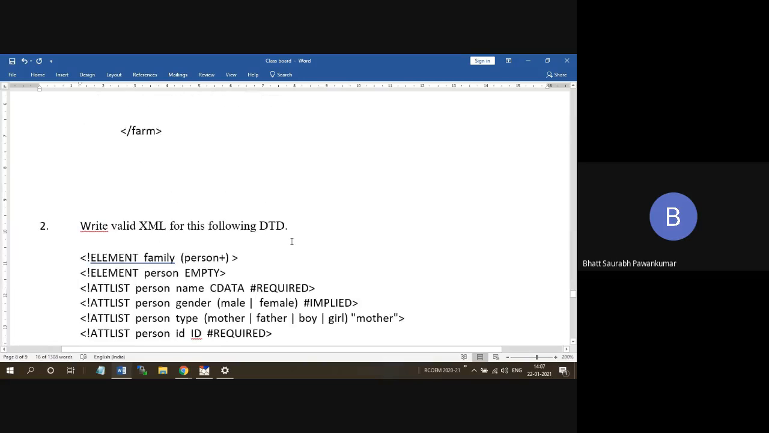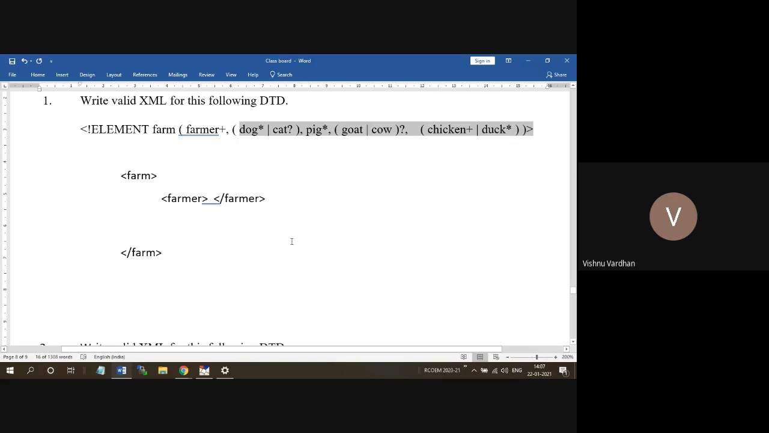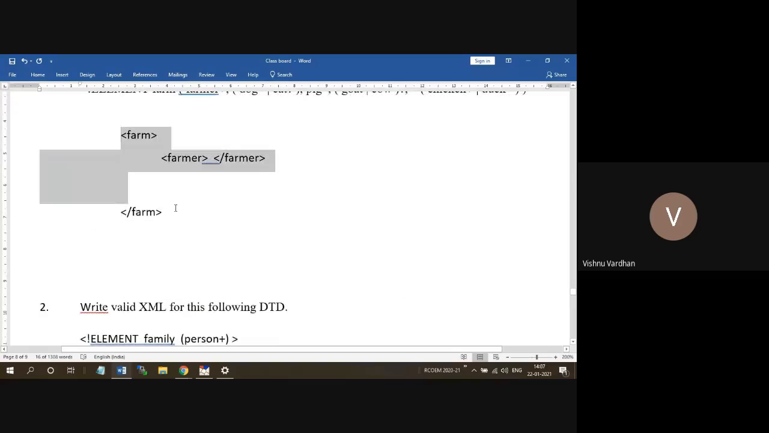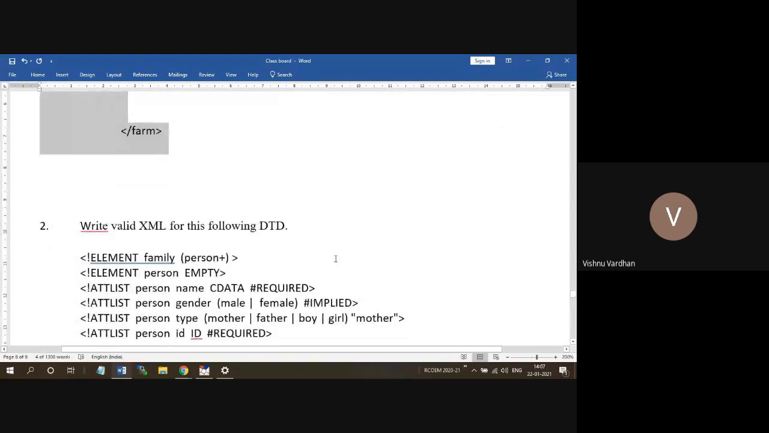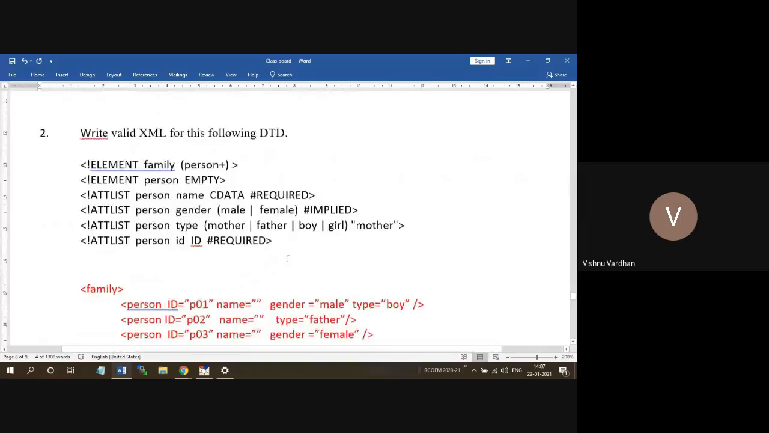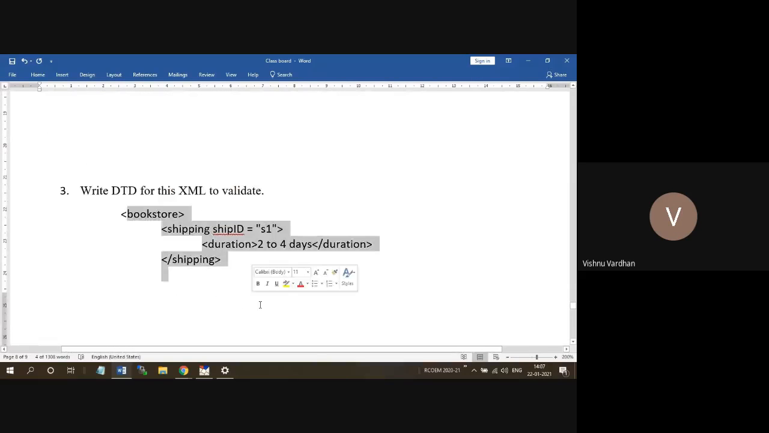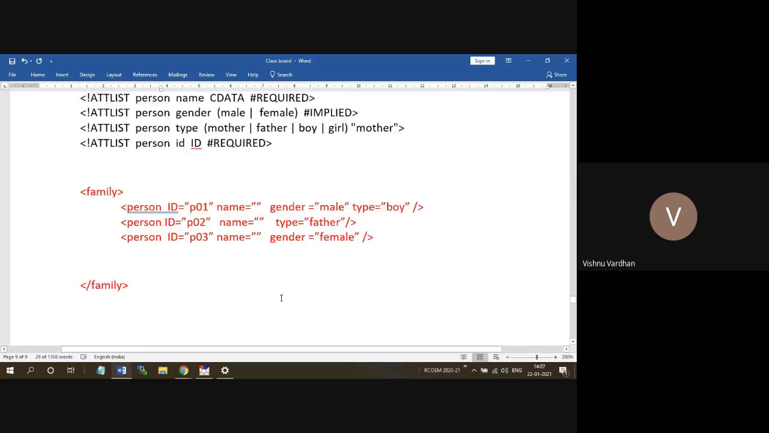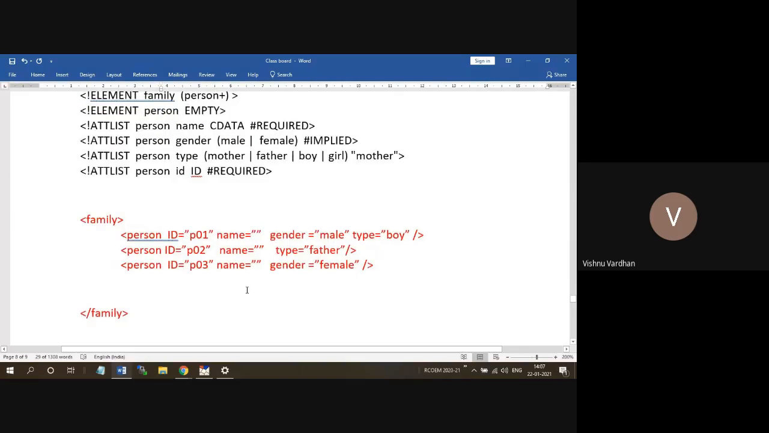Yes, sir. So based on this, you are going to have some assignments also, and in the examinations also, you are going to have either a DTD, so that you have to write the corresponding XML in this way, or sometimes you will be given the XMLs, and you have to write the corresponding DTDs. So with that, we have completed the XML portion of